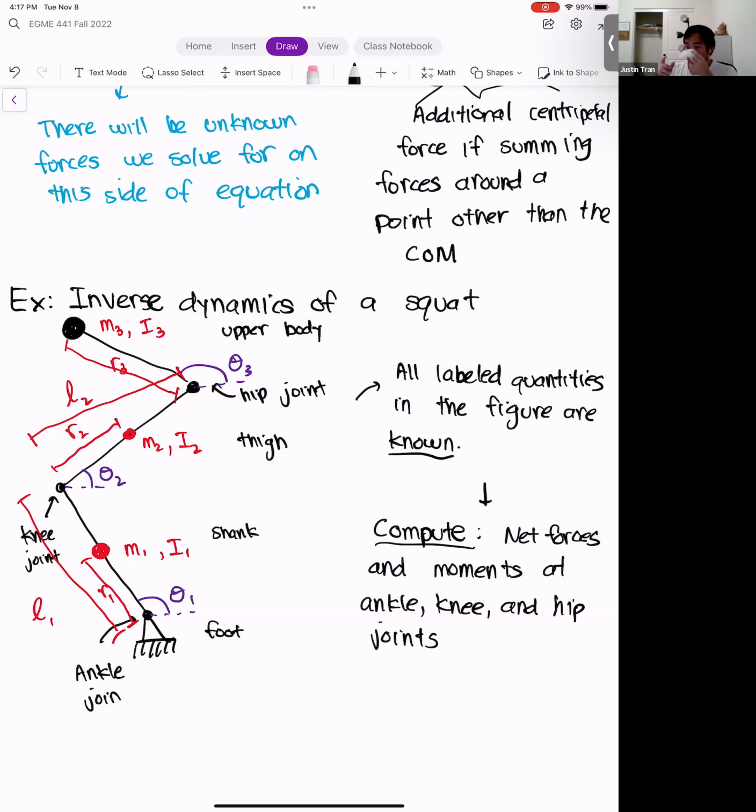All right. So there's our problem. And if it wasn't clear from the figure too, we're basically viewing someone doing a squat from the side. And so if you imagine someone squatting down, then we're viewing them as a side profile. So that's why the bends are as you see it in the figure.